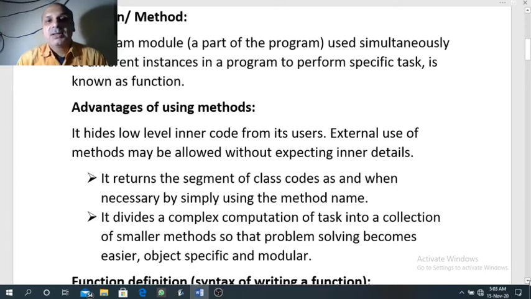In modularity, a big program is divided into smaller subtasks, or you can say smaller subprograms. To solve these smaller subtasks, we can create many methods. For example, for taking input, we can create a method input. For doing the processing work, we can create a method like compute or process.